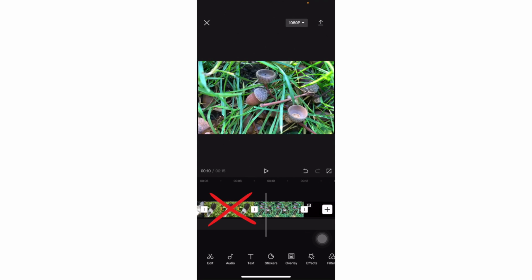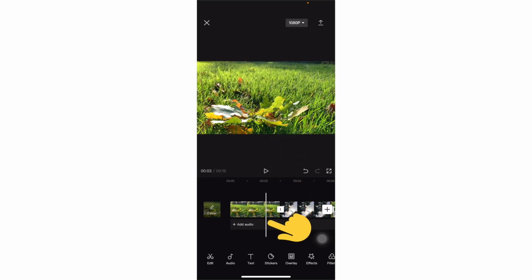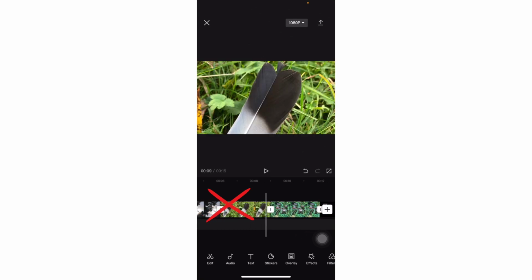So I urge you to always check the image in the bigger form in the upper half of the screen. There you always see the image that shows where the cursor is. So please don't pay too much attention to the little images in the little film strips in your timeline.